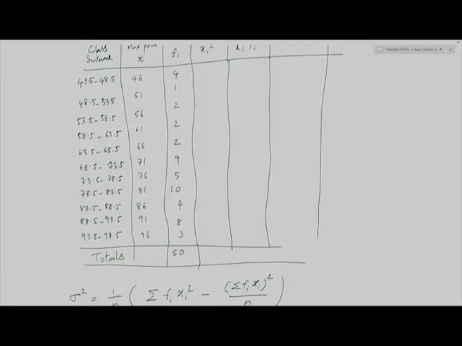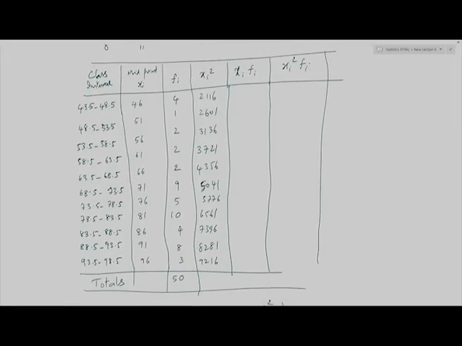So, xi square, the square of 46 will be 2116, 2601, 3136, 3721, 4356, 5041 and 5776 and 6561, 7396, 8281, 9216. And now I calculate the xi Fi,